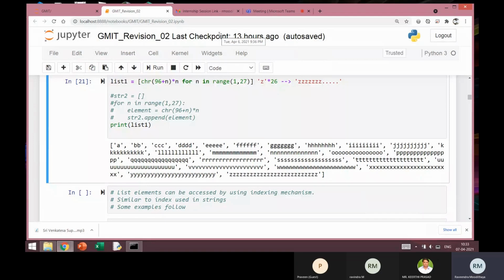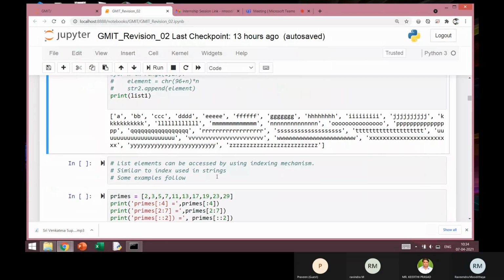Today we'll have to look at the different methods which apply to the list, and also we'll have 2 or 3 practice examples towards the end of this. It should be over in about 20 to 25 minutes, and then we shall proceed to the next topic, that is a very brief discussion on tuples, and then let's go on to set, which is a very important thing when we talk about the IoT.